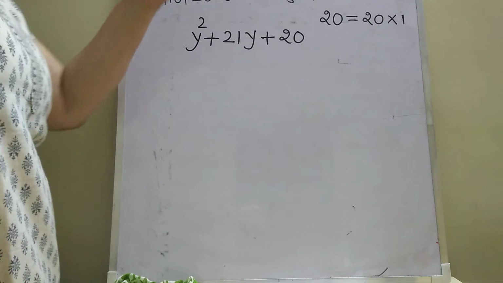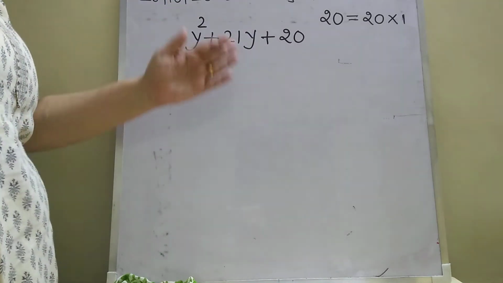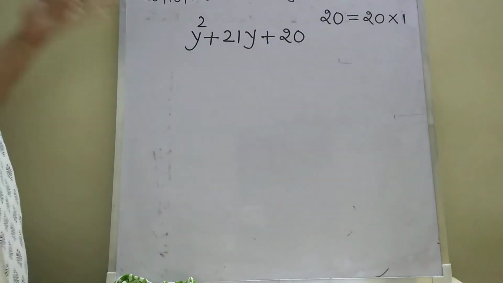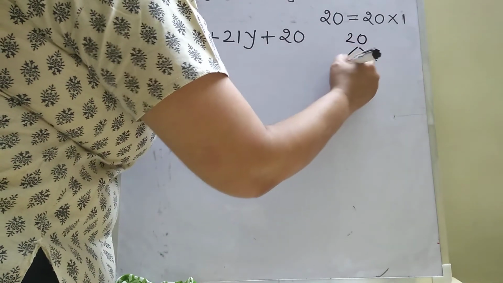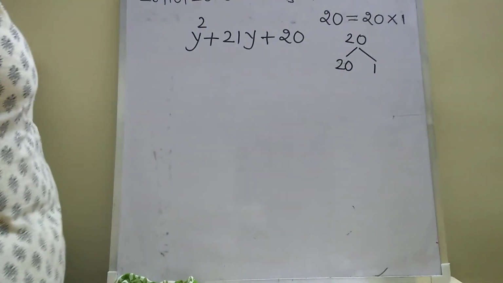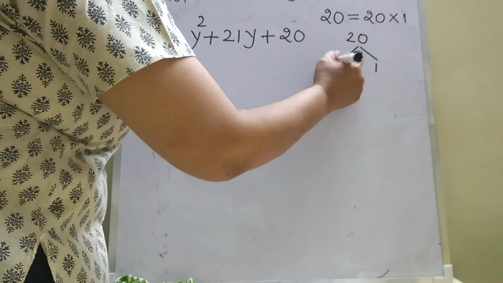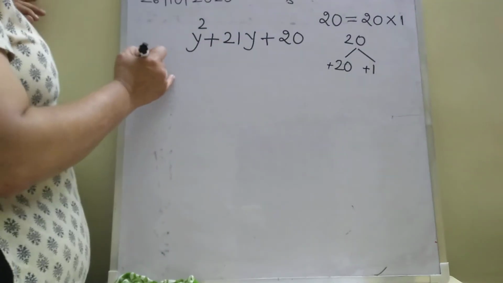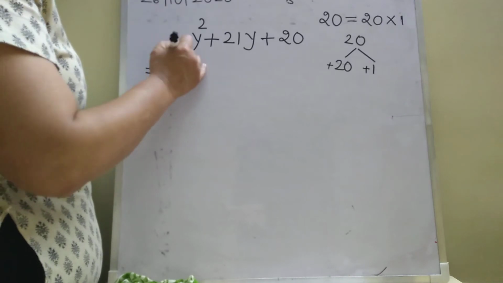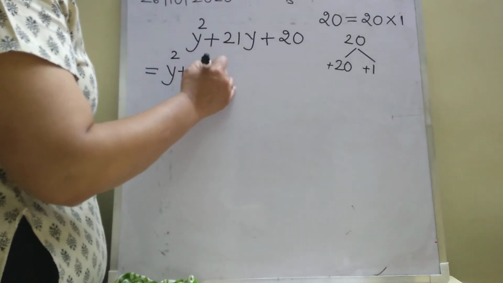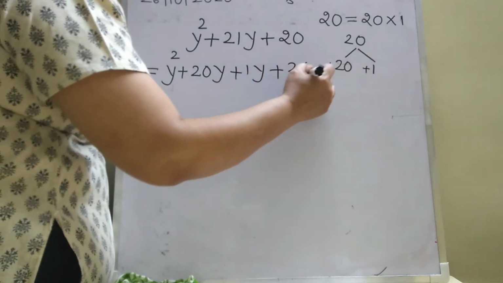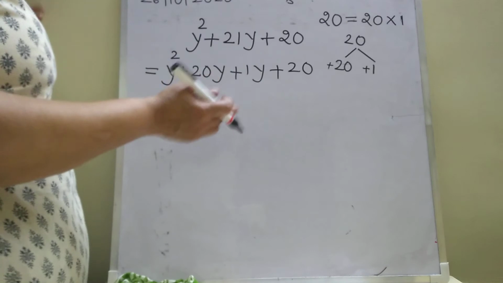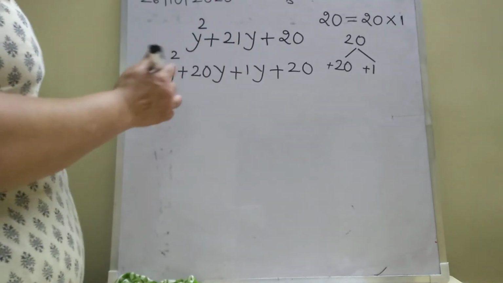I told you that once you get the practice, if you know the tables, you don't have to write this step at all. You can directly write. But make a habit of always writing like this: factors with the sign. Only one factor, but with the proper sign. Both are plus. We are not discussing the minus now. So what are the factors? y square plus, always write the bigger number first, plus 1y plus 20. Is it necessary to write 1y? No. If you write only y, then also it is okay.